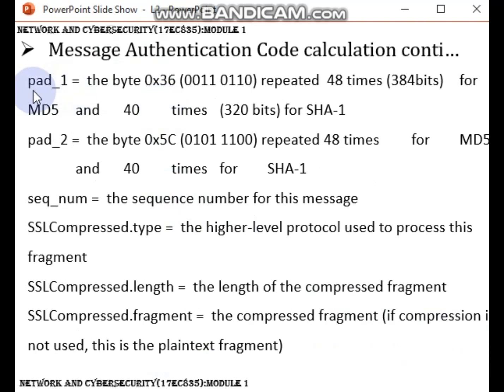And here is the continuation: pad_1 is the byte 0x36 repeated 48 times, that is 384 bits for MD5, and 40 times, that is 320 bits, for SHA-1. Pad_2 is the byte 0x5C repeated 48 times for MD5 and 40 times for SHA-1.